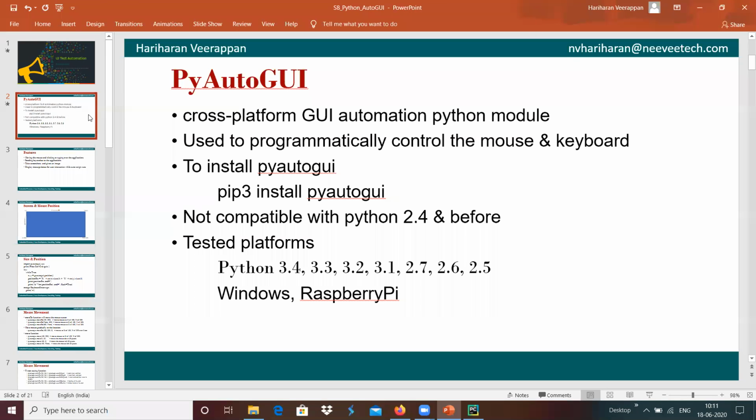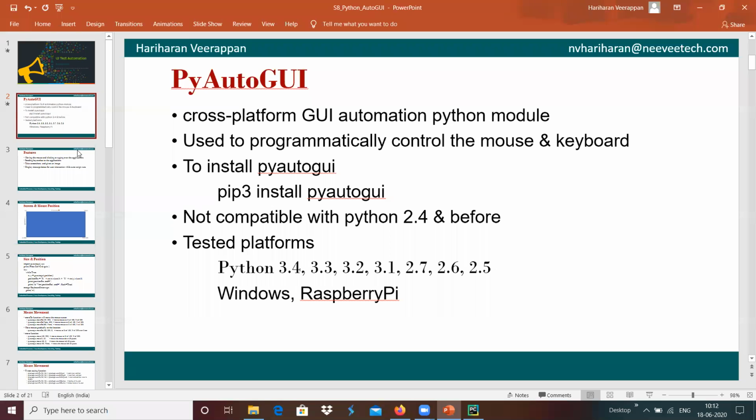It has been tested on various Python versions, and on Windows, Raspberry Pi, Linux, and macOS. It's a completely cross-platform module that can be used for validation of GUI test automation.